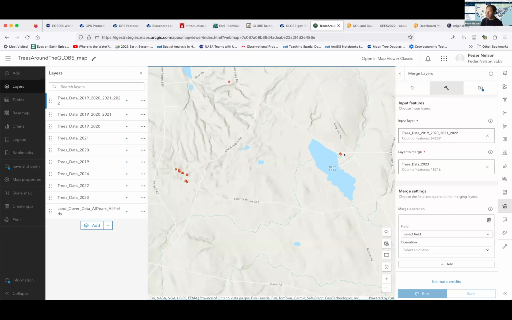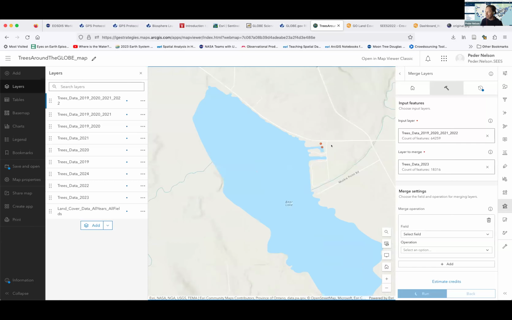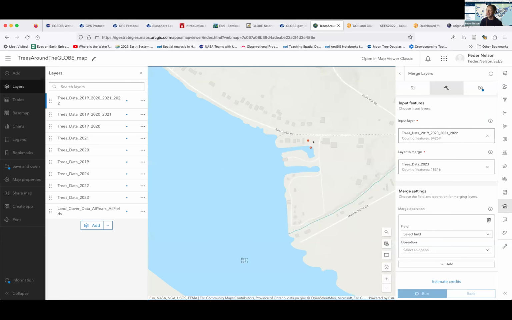The other way of sampling that is really useful, and this is a great example, is pair points. When you do this, it's really beneficial because here we are expecting two different land cover types that are really close to each other.